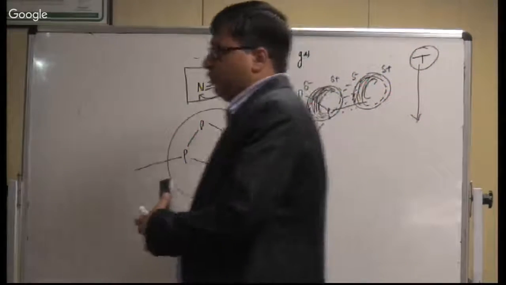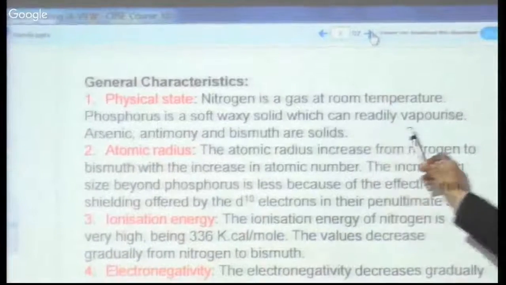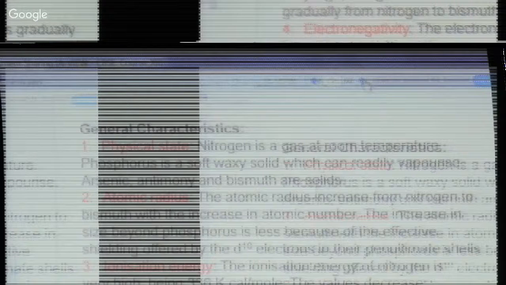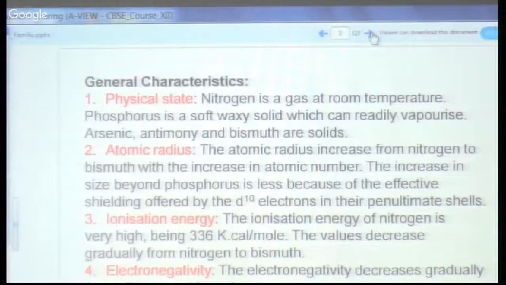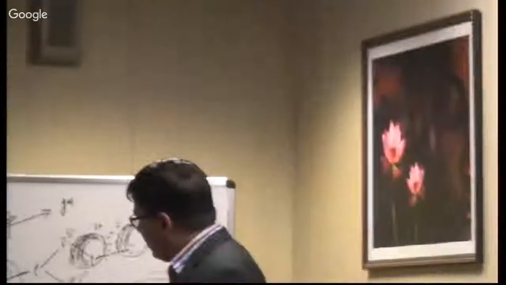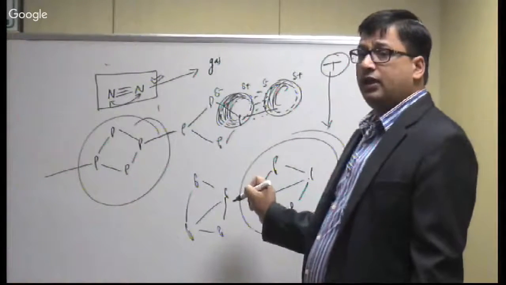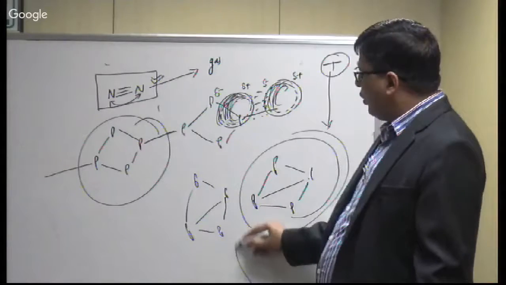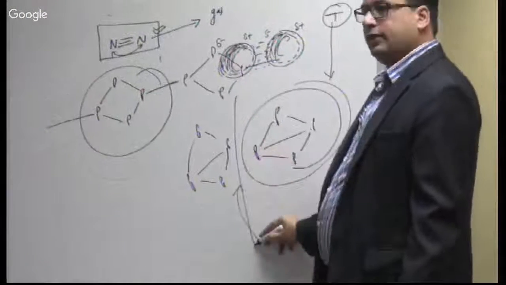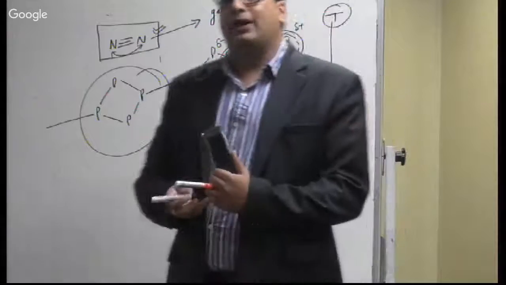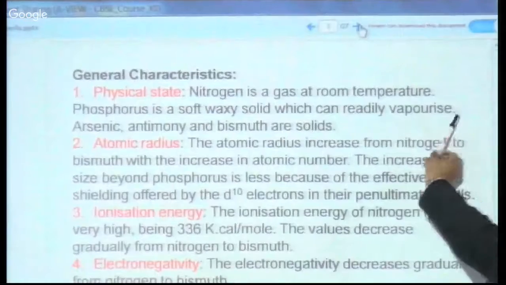So phosphorus, you have written, is a soft waxy solid, isn't it? In some cases, if you see red phosphorus and all, it exists in a tetrahedral complex, right? So these 2 tetrahedral units are combined with each other with a very weak van der Waals force. So if you increase a small amount of heat, this van der Waals force breaks and it starts vaporizing. Therefore, we have written that it is a waxy solid which can readily vaporize,